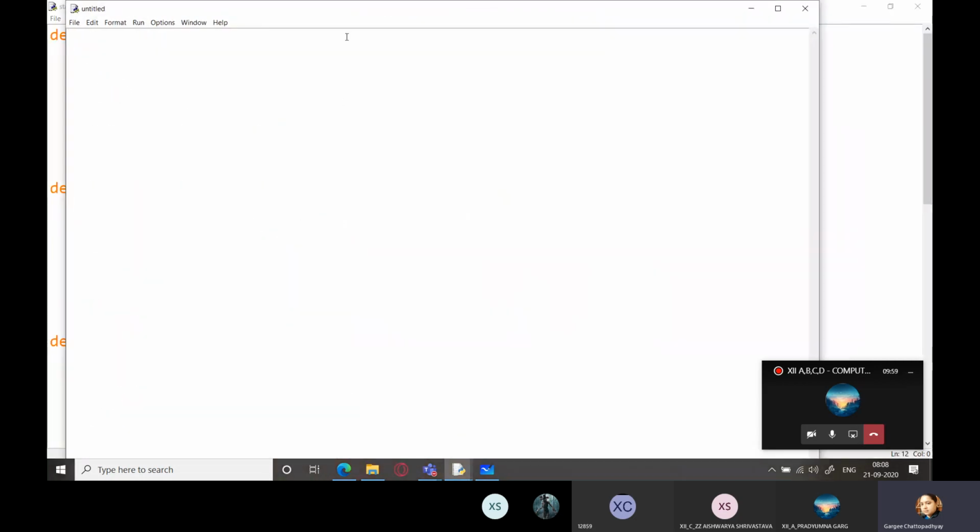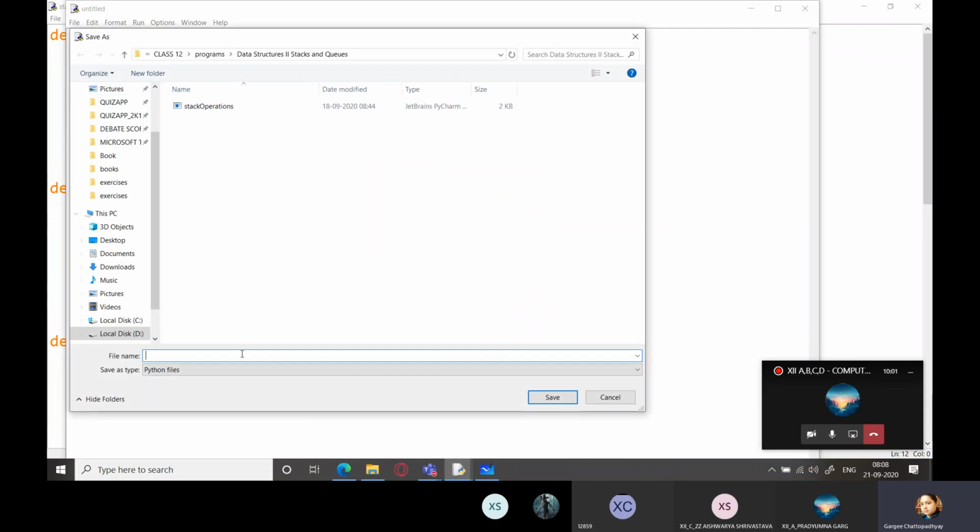So I'm going to open a new file and I'm going to save it here. Stack reverse, no, it's not stack reverse. Some name I have just given.